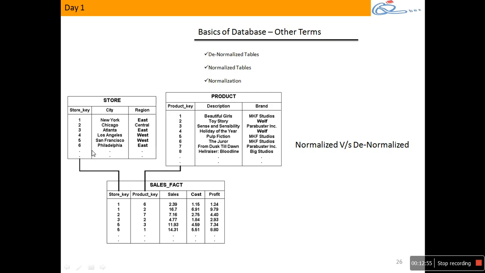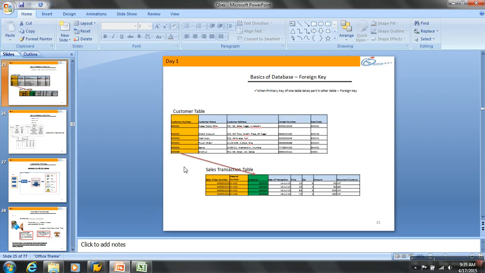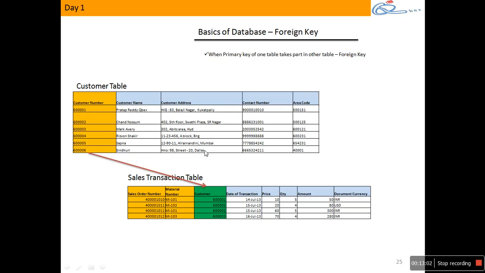Suppose let's say I don't have a customer. Imagine I don't have this customer 6001 here. It should not allow me to insert a sales transaction with 6006. Now with the primary key in the customer table, if I don't have a customer 600006, in the sales table it should not allow me to insert a transaction with that customer. It should say there is no customer with this name. That is called referential integrity. That is called referential integrity. Only values that are in the primary key should be allowed into the foreign key, otherwise no.